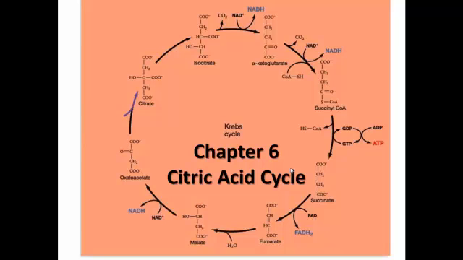So now that we've talked about glycolysis, the next step in cellular respiration is the citric acid cycle. This is also called the Krebs cycle, as you see here. This diagram is a little more detailed than you'll need to know, so don't worry about memorizing the names of